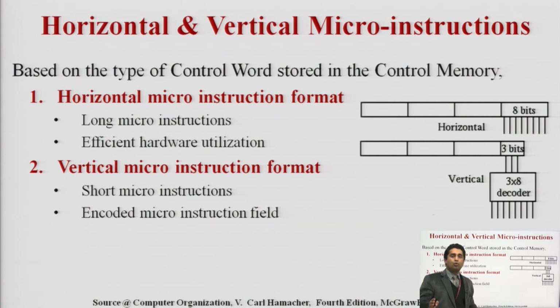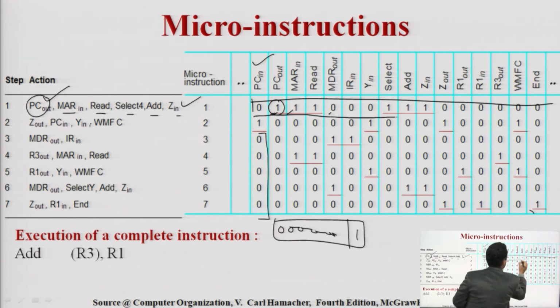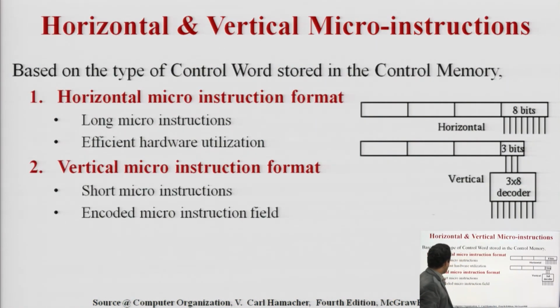If we have those micro operations based on yes or no, then we say these are the horizontal micro instructions. Horizontal micro instruction means that we have this structure and everything is mentioned here in this manner. All the instructions are mapped in these 20 bits like this, and based on the occurrence of 1, the execution is done. But when we make it more optimized, the next format is the vertical micro instruction format. So let's discuss the horizontal and vertical formats.